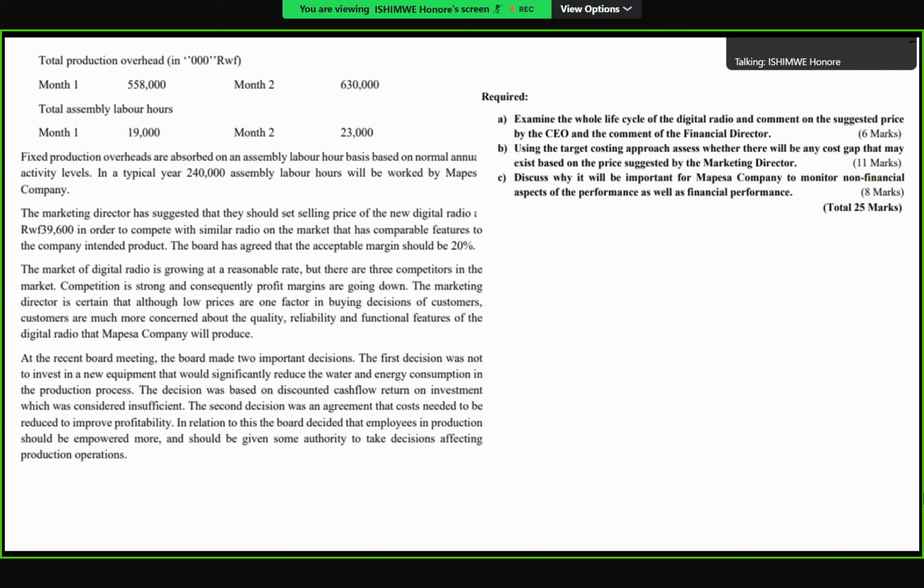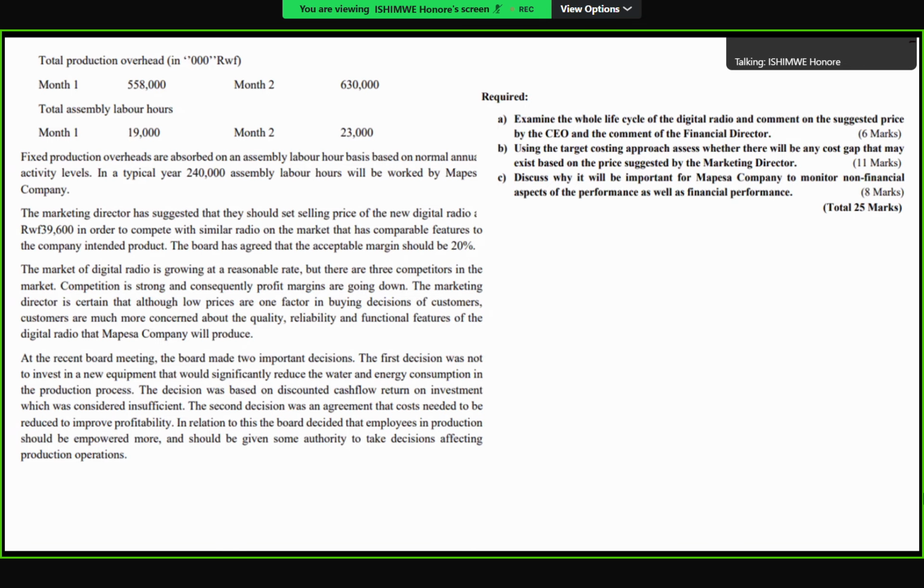They say total production overhead is in thousands. When you are on overhead, that is when you are in thousands. But when you go to total assembly labor hours, it is not in thousands. All right? They say month 1, we have 55,800,000 in month 2. Total assembly labor hours, we also have month 1 and month 2, like this. Then fixed production overhead is absorbed on an assembly labor hour basis based on normal annual activity levels. In a typical year, 240 assembly labor hours will be